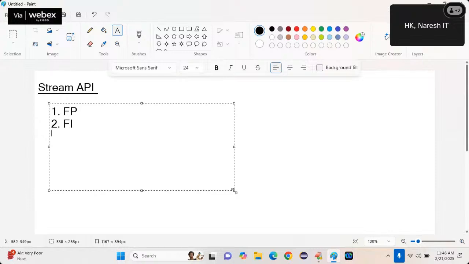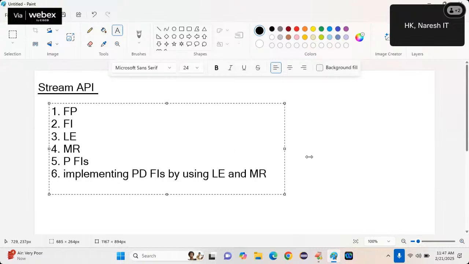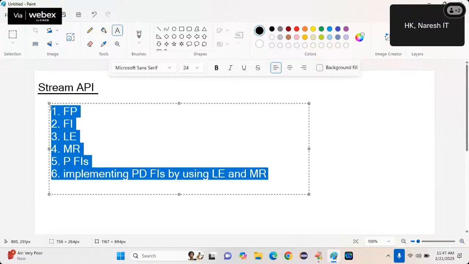You also learned lambda expression, method reference, and predefined functional interfaces, and implementing predefined functional interfaces by using lambda expression and method reference. So we have sufficient knowledge now. Now we are proceeding with the next topic, Stream API.